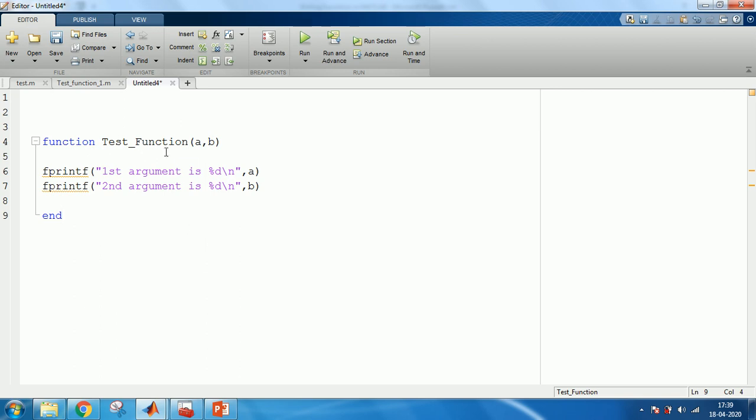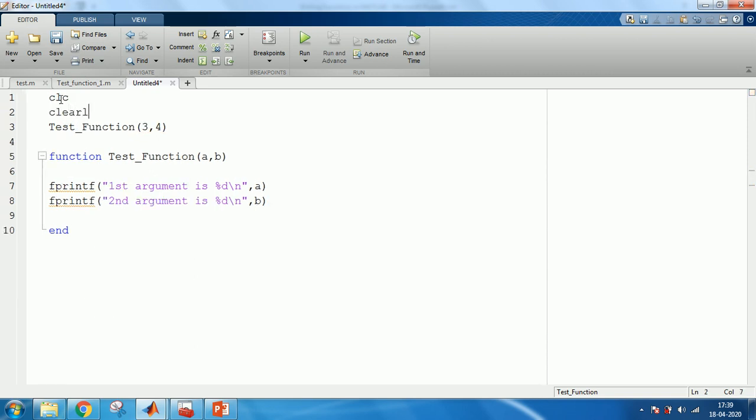Now let's make use of this function. You can call this function from anywhere inside a MATLAB folder, or from your workspace. You can call this function using test function followed by any two arguments; I am passing 3 comma 4. I am just clearing everything.